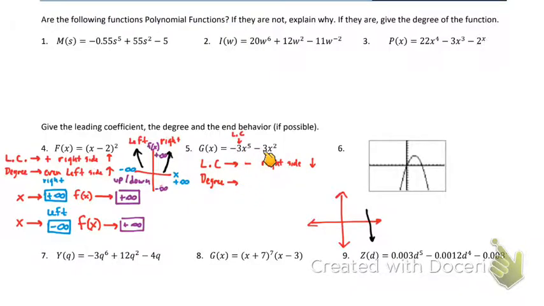So when it's in standard form, we just look for the highest power. In this case, it's x to the 5th, and that's the number we're looking for, the highest power. So 5 is my degree. Okay, and in degree, all we care about is is it odd or even. Since it's odd,